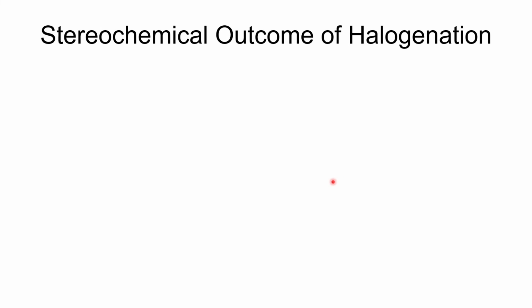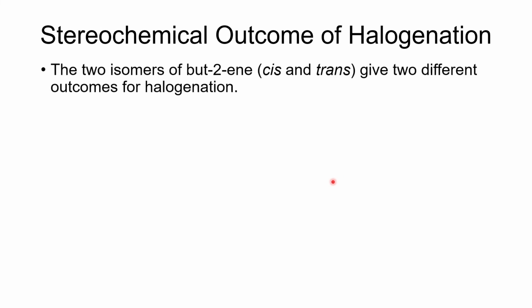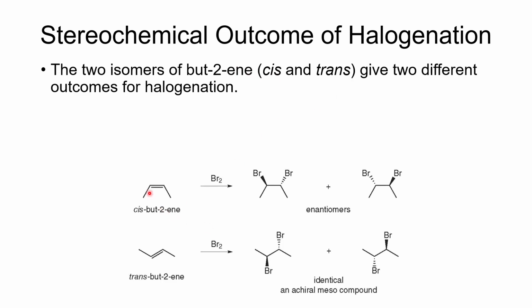All right, so now let's look at this reaction. So we've got 2-butene, or but-2-ene, which just sounds weird. We've got the cis and trans isomers, and we get different results when we do halogenation with these. With the cis-2-butene, we do the halogenation, and here we're going to end up with